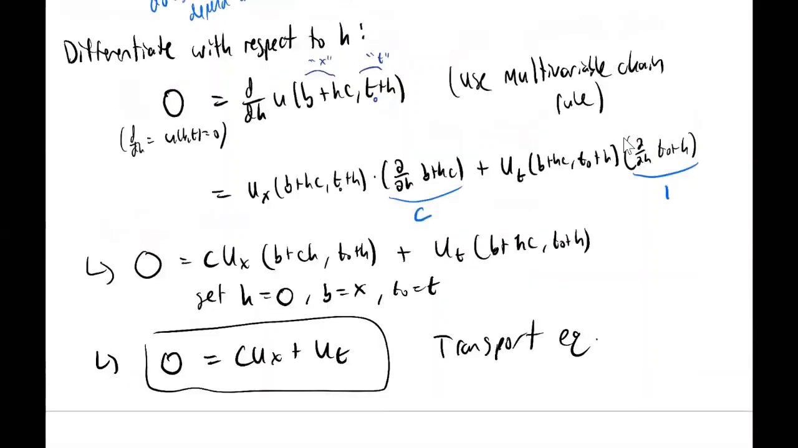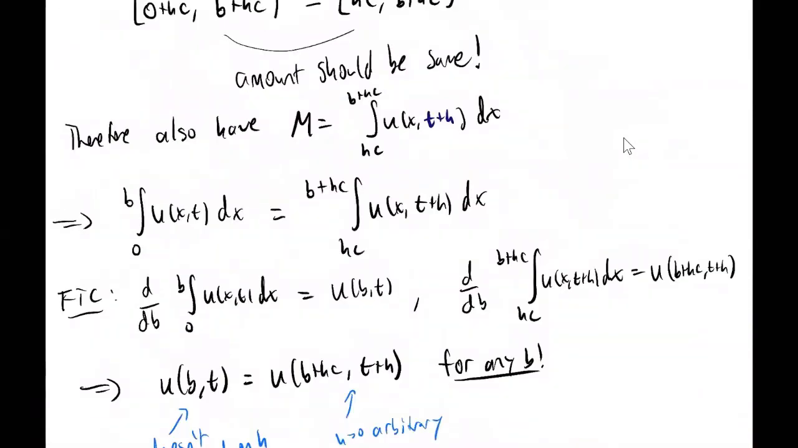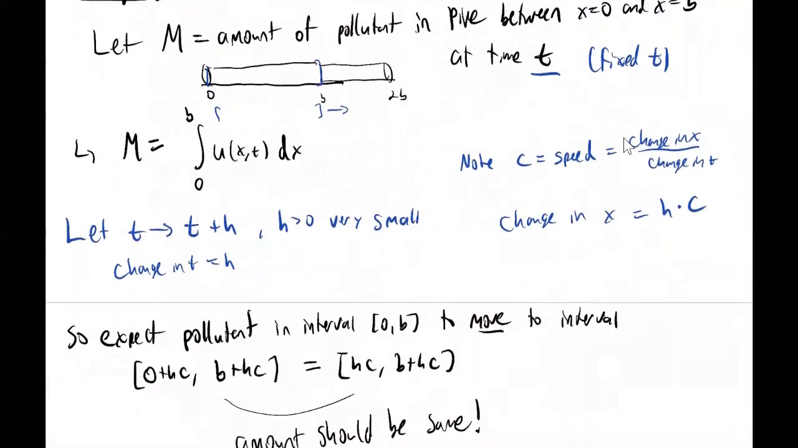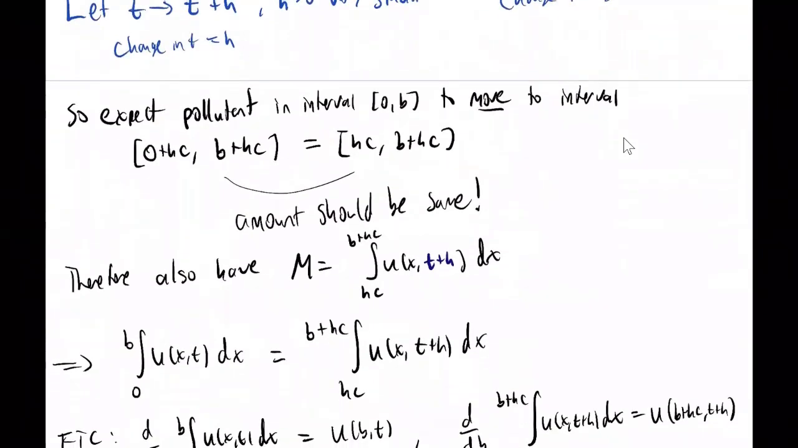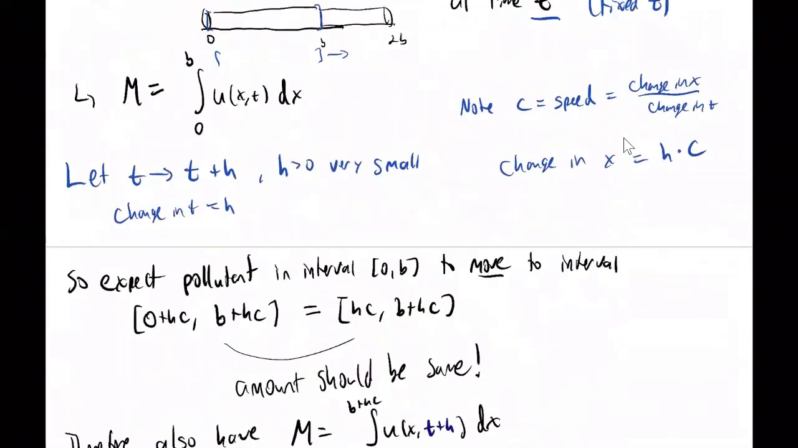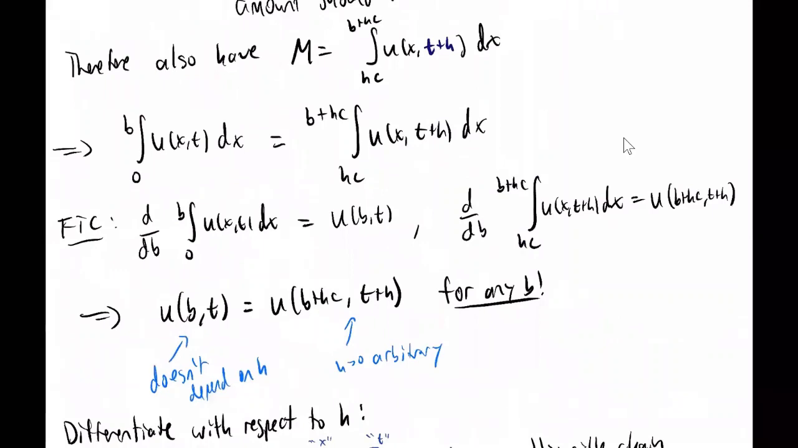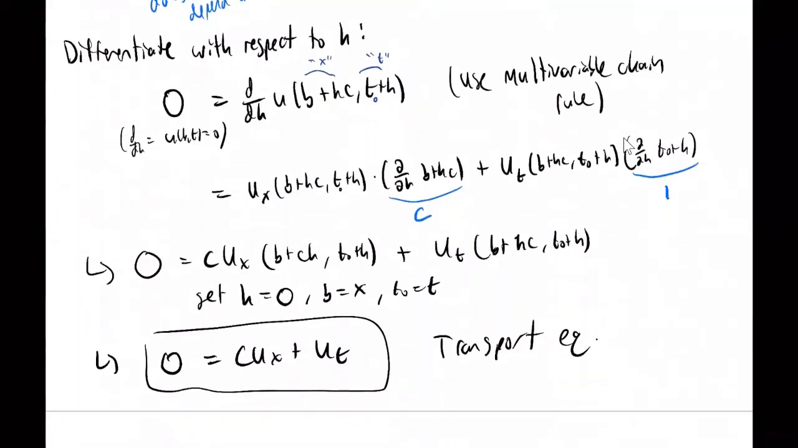And so this is the derivation. Notice we made some basic physical assumptions which have nothing to do with math. The physical assumptions were that the pollutant is moving to the right at a constant rate and not spreading out too much, so that we can relate these two integrals which measure the amount of pollutant in a certain region. But then once we use those physical principles to get this equation involving integrals, we then use some mathematical analysis to derive the partial differential equation,